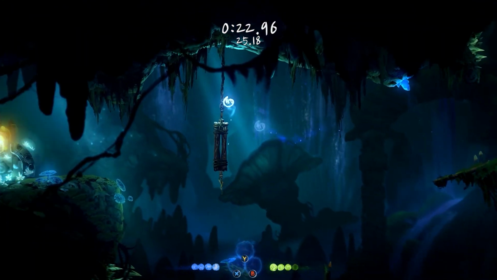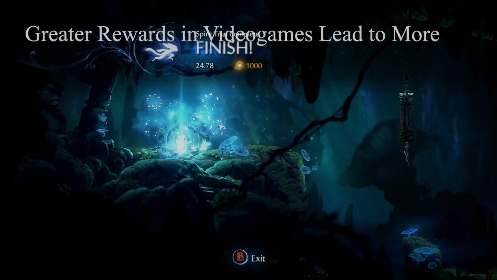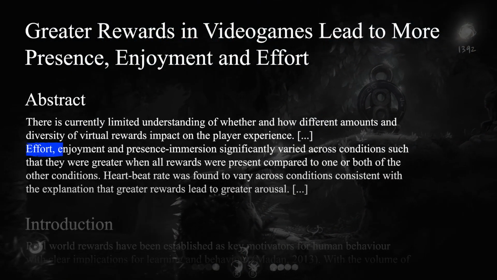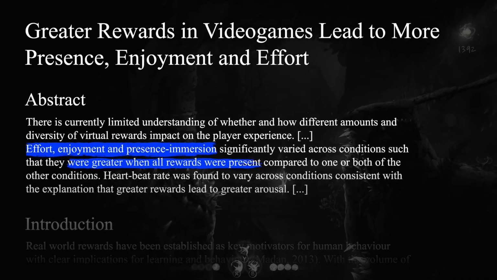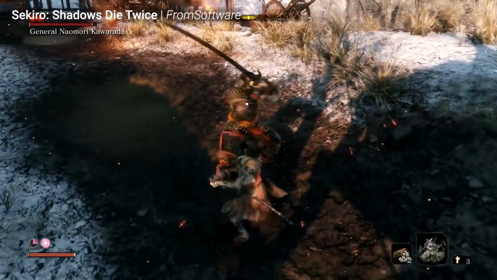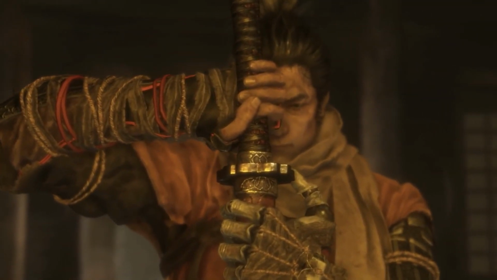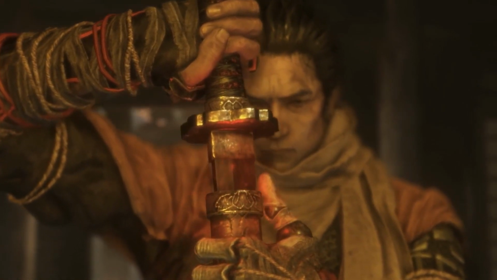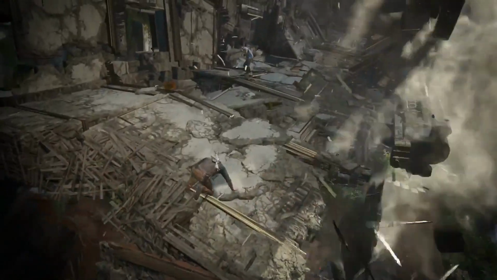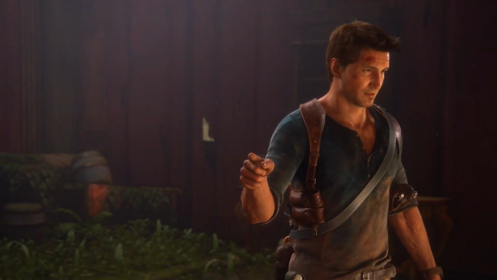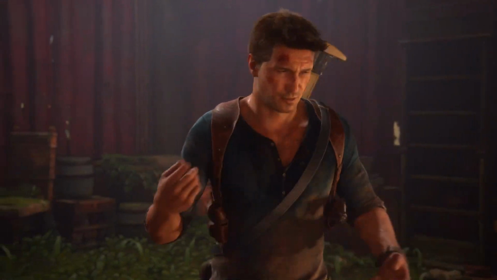But instead of reducing these costs, we can go a step further and take a completely different approach by cleverly rewarding players for their effort and time. One research found that when players are rewarded, their effort, as well as enjoyment and engagement, increases. Thus, after a long and arduous quest, it might be a good idea to reward the player with a shiny, powerful sword. Or, as I mentioned before, an interesting cutscene after a stressful fighting sequence might be the perfect reward, in addition to being a well-deserved breather.